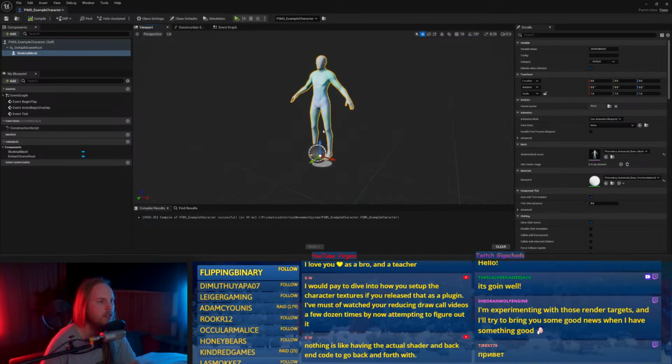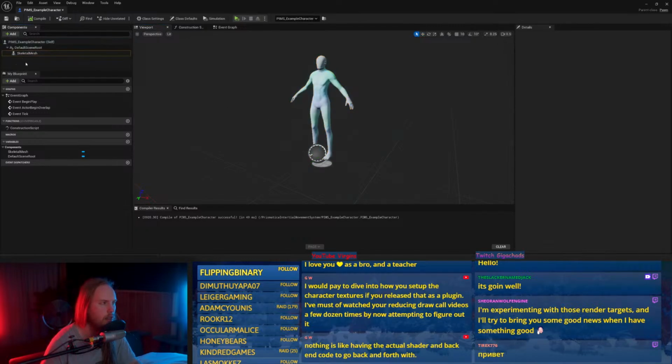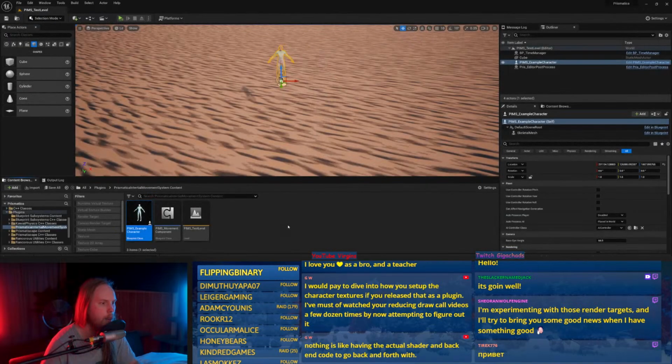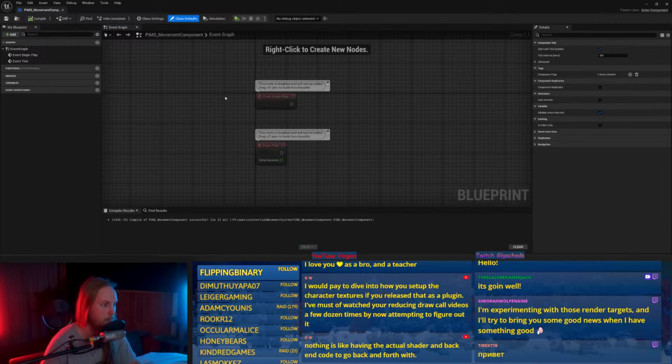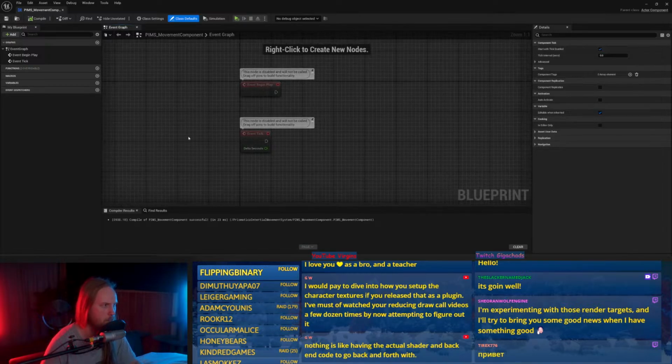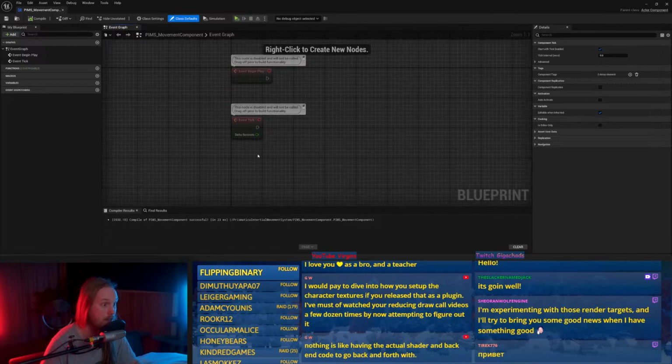Yeah, I'm trying to think how I can do... Because a component can't have a constructor in Blueprint. Can it... Hold on.